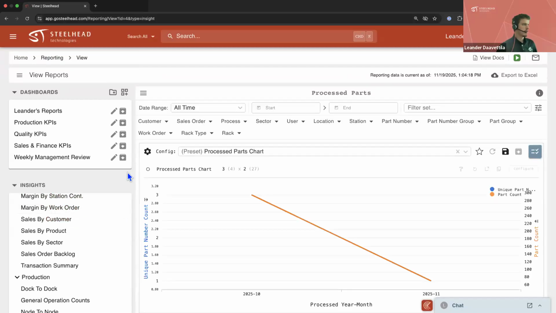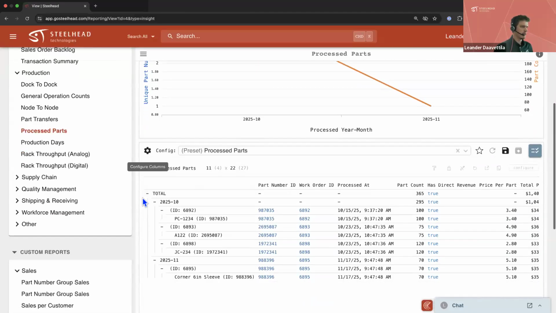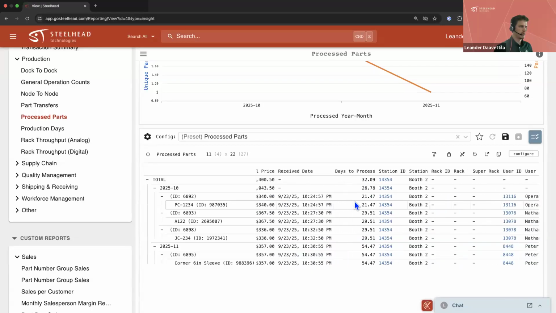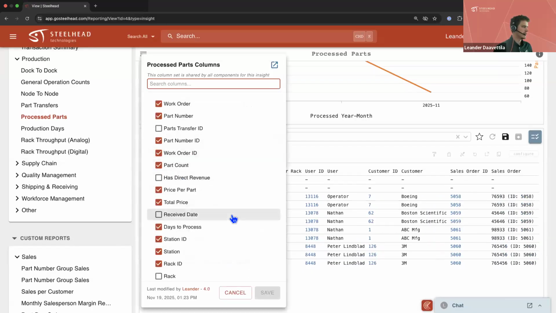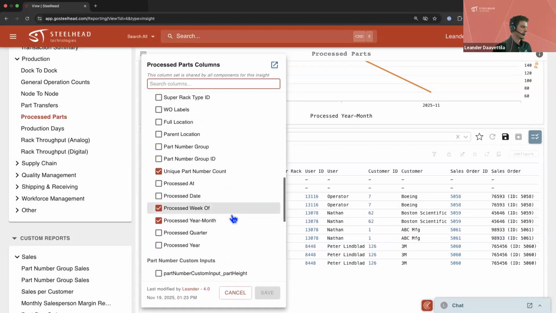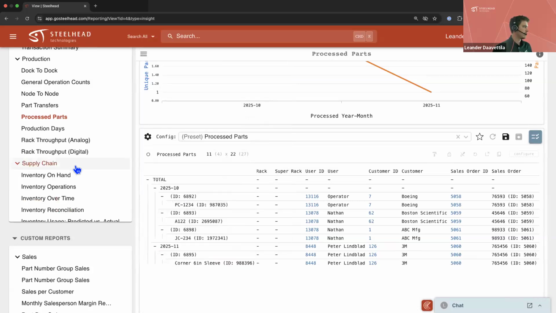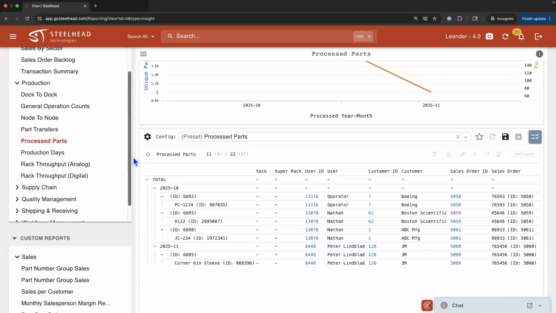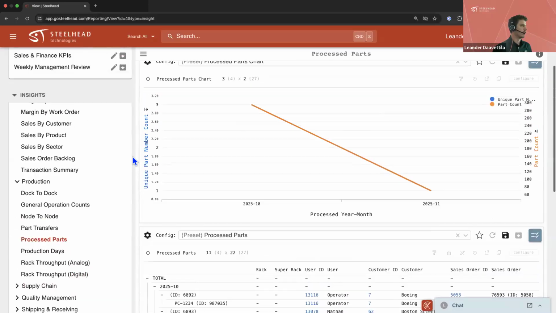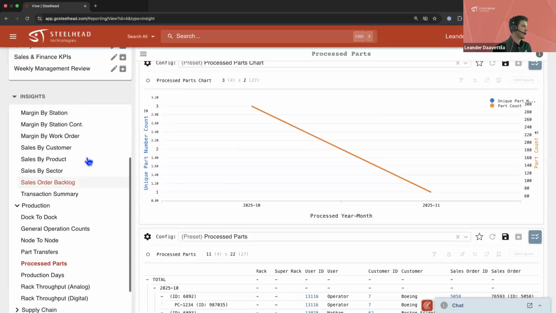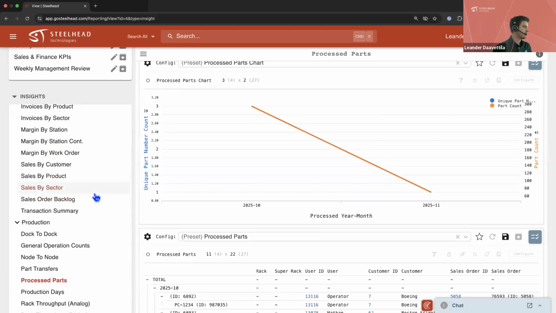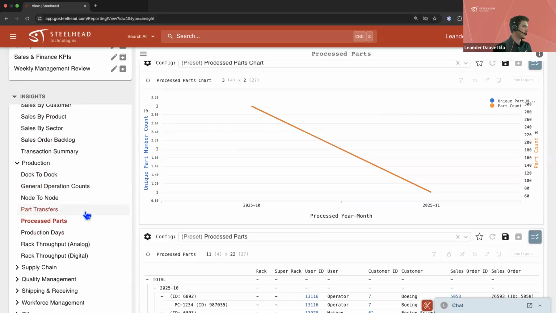If we look at process parts, trying to think of a report off the top of my head that would have the treatment defined. Treatment type, treatment name. Work order by treatment type, treatment name, he sent another. Okay, work order by treatment type or treatment name. So if I look at process parts or even